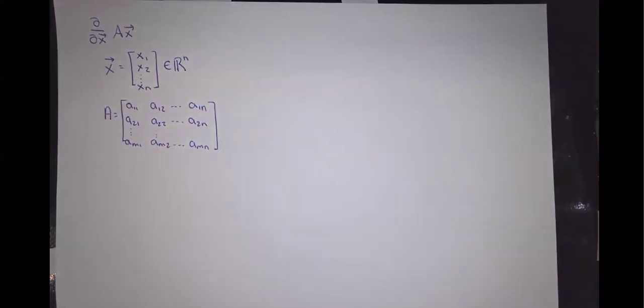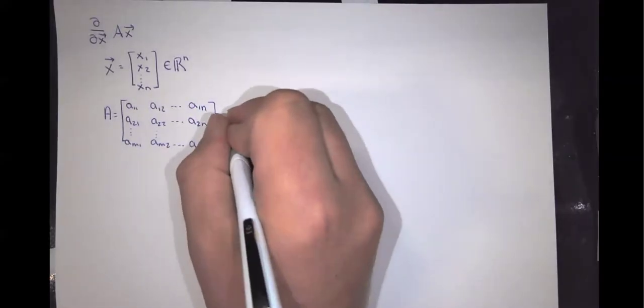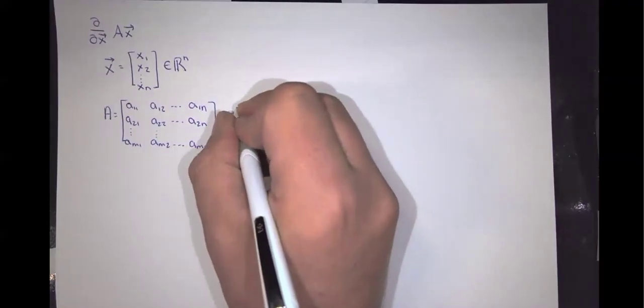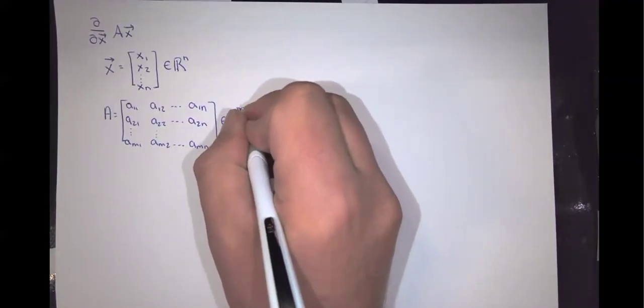So we've got our A and we've got our X. This is m rows by n columns,